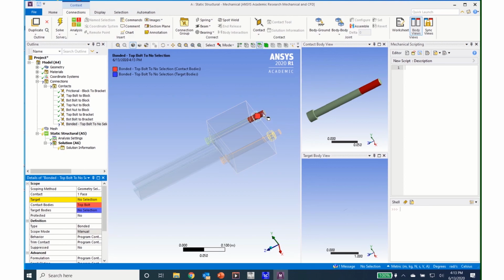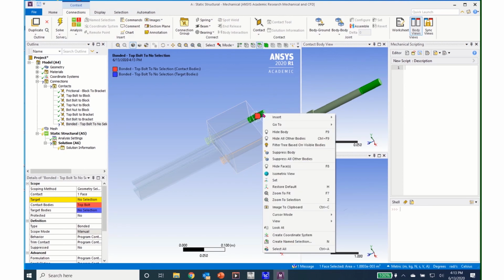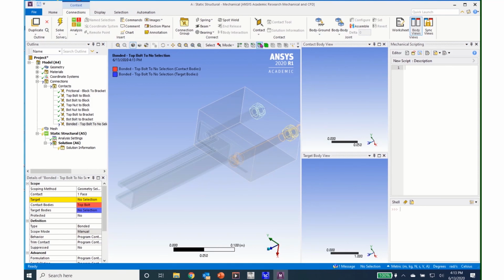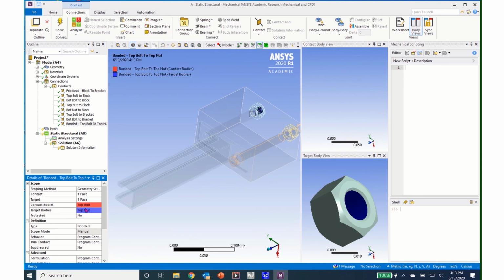I can now come up here and I can click on that body and I can then right click and say Hide Body, and I can look inside of that nut. And looking inside of that nut, I can come to the face selector and select the inside of that nut, come to Target, click on it, click Apply, and I now have the contact body is the top bolt, the target body is the top nut, the type is bonded,